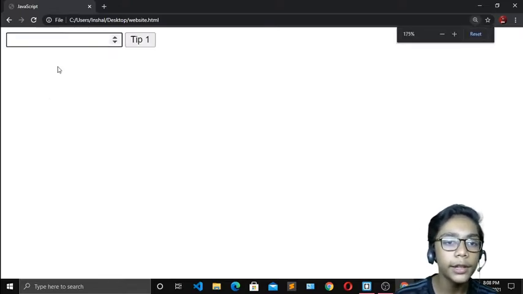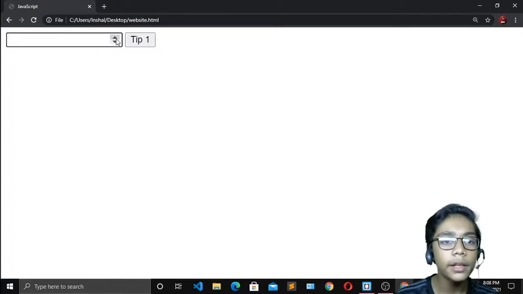I will just zoom in so you can see. In this tip calculator, if I press this one, you can see there are two arrows, one going up and one going down. If I press the up one, my number goes up. Here you can see 9, and now it has changed to 10, then 11, 12, 13. When you press the down one, your number goes down. So it will be giving you the tip over here.